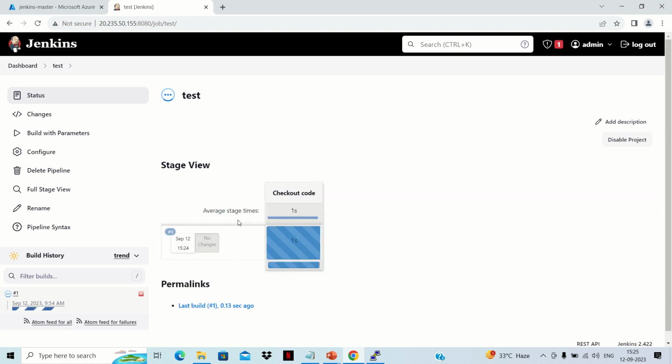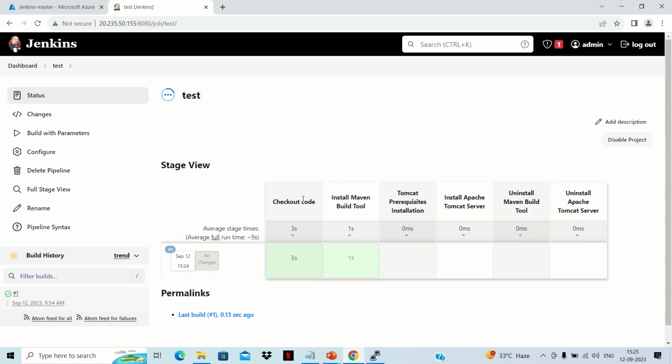So what all stages get executed, let's see. Checkout is the stage that I told you we haven't provided any condition for, so in any case checkout will always happen. Now you are seeing that checkout is done, after that only the installation piece is done, and the rest of the stages are grayed out. These stages are not executing because of the condition, and only Maven gets installed